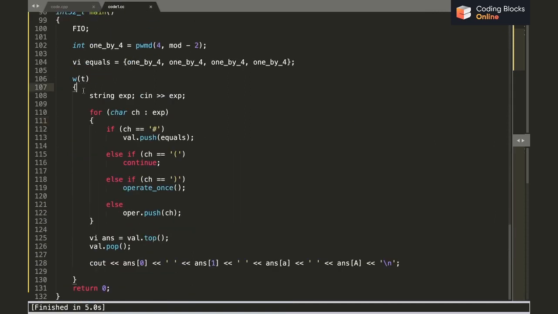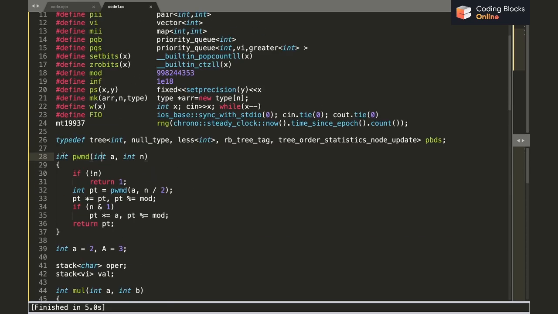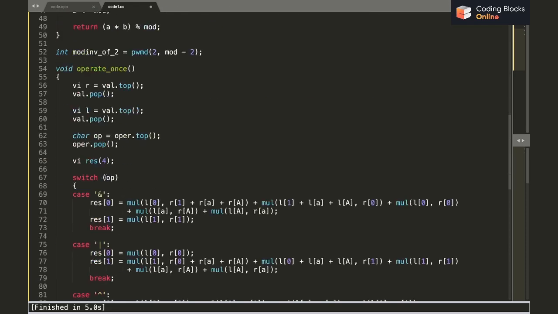So I have my 1 by 4 value equal to 4 raised to power mod minus 2. This power mod function does fast exponentiation, calculates the power in log n time, and gives me a raised to power n percent mod. I've already defined the mod value as the given value, right?